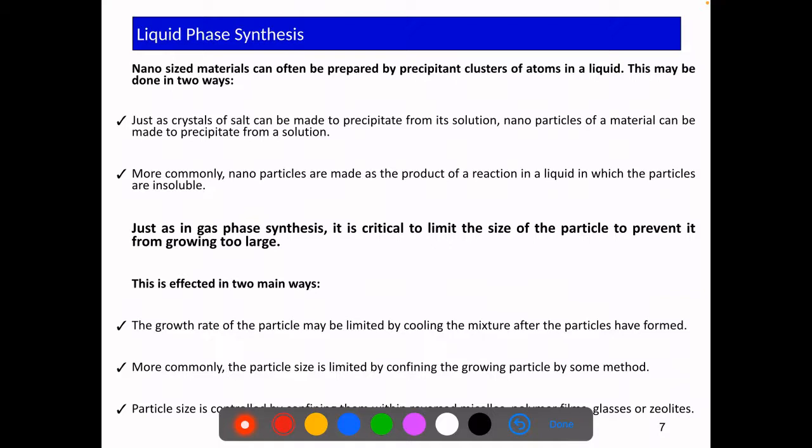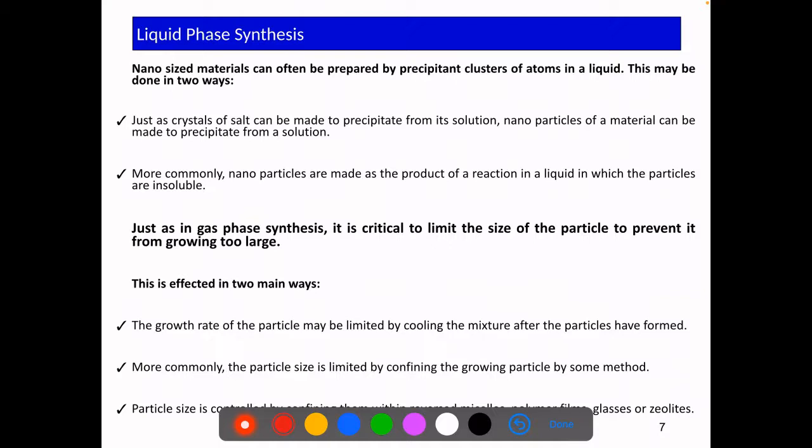When we go into liquid phase synthesis, what you should focus on while looking into these different approaches is what is the controlling parameter. How do I make a nanoparticle? What is the general approach that people follow? Because once you grasp the general approach, then you can even modify it in such a way that you can make your own thing, which you don't have to follow from the literature, but maybe you'll have to modify it in such a way that will suit your needs in an optimized way. Okay,